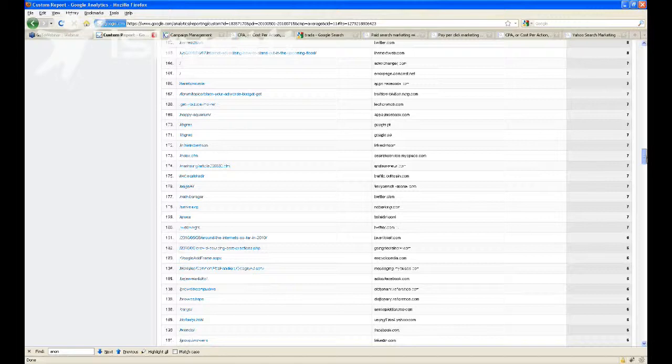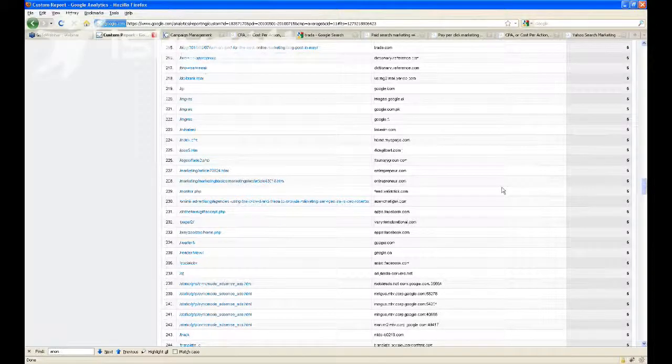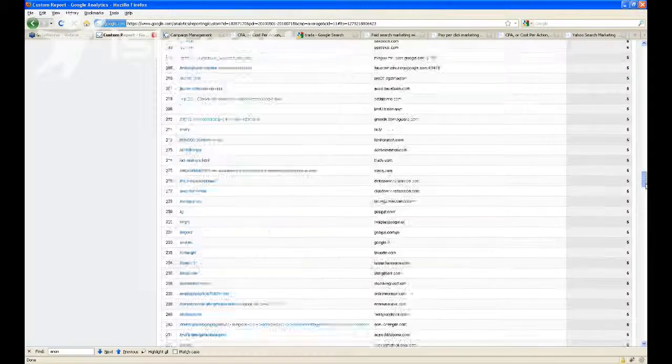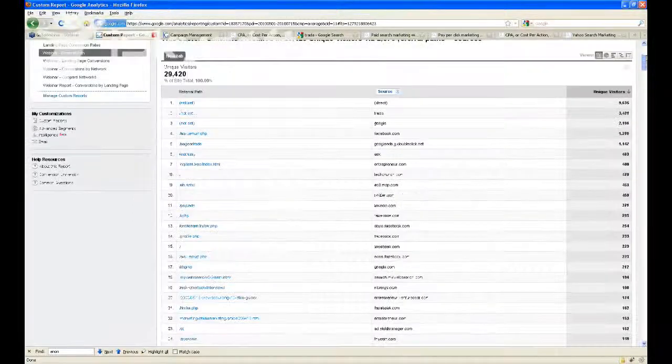The other thing that's really valuable about this is that if you're running display advertising, if you're using Google AdSense or you're running display ads, and you're not sure where to put your ads, well, people that are linking to you are obviously people that are related and relevant to your ads. You can go ahead and dump those domain names right into your AdSense account, into your placements, and Google will run your ads on them if relevant. So that's my last little trick.